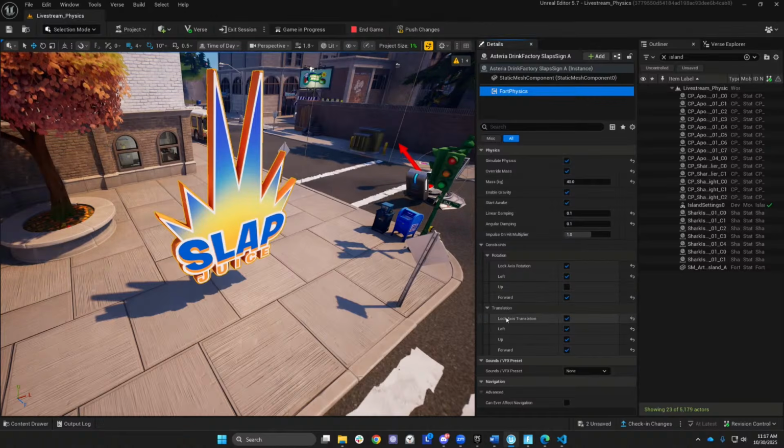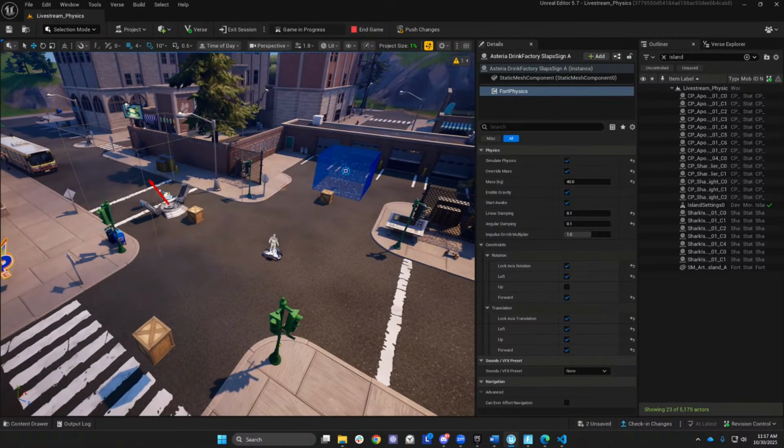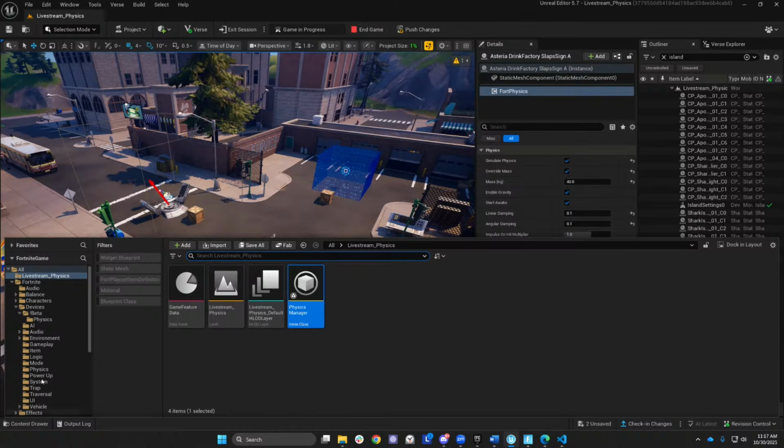I also want to lock its translation. So if I click lock translation, left, up, forward, what this means is it's stuck in space. It will not move. So I mentioned that maybe use devices to make physics gameplay, and those devices,